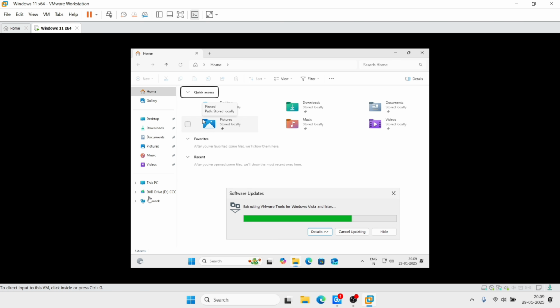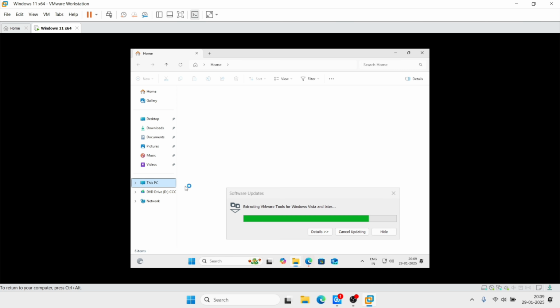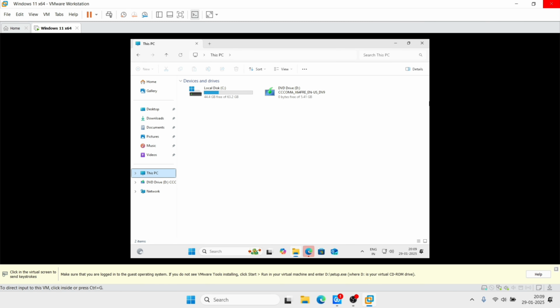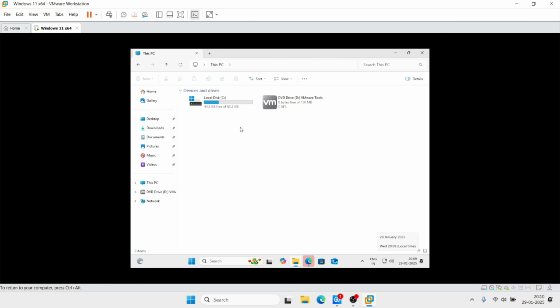After downloading this tool, you can see here this tool is downloading, so we have to wait. And this tool is downloaded, so you have to double click on this option,